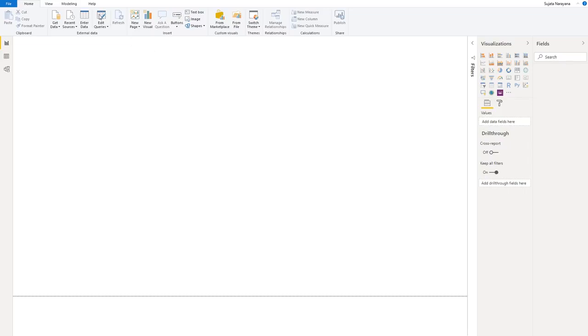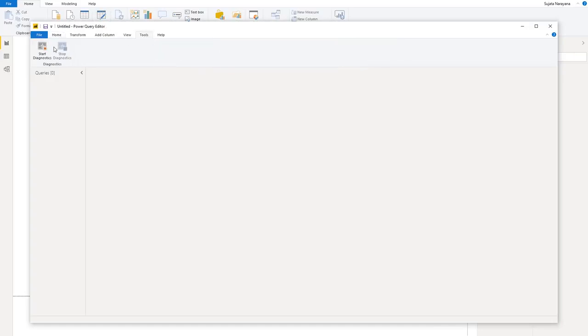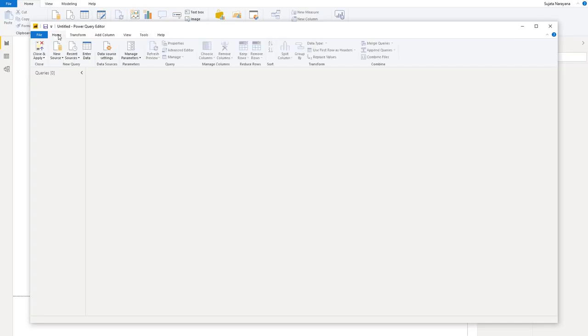So to get started, I'm going to go to the Power Query editor and I'm going to create a new query. But unlike usual, what I'm going to do first is go to this new Tools tab that you get from turning on the feature, and I'm going to press Start Diagnostics. Now, what Start Diagnostics does is it starts listening to the traces that the engine is emitting. So it's listening for these traces, and now I'm going to go into Recent Sources, and I'm going to click